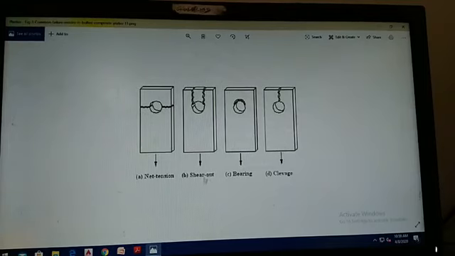So next one is shear out. When the plate has a failure like this, it is called a shear out failure in the plate. Bearing failure. So what happens in the bearing failure? You can see the failure in the plate like this. Okay, and cleavage. So this is a cleavage. In bearing, bearing failure of the plate will be something like bursting, right? And this is the cleavage of the plate. Cleavage failure, bearing failure, shear failure in the plate, and net tension failure in the plate.